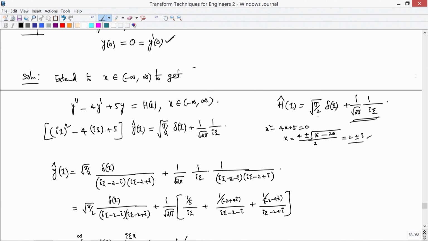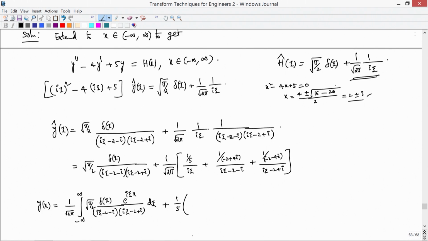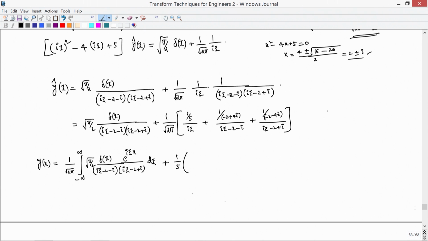This is H(x) minus, as we have seen already, the inverse transform is half, because the Fourier transform of half gives you this value. So, the inverse transform is half. So, H(x) minus half. And then here 1 over minus 2 plus 4i times, and this is going to be,